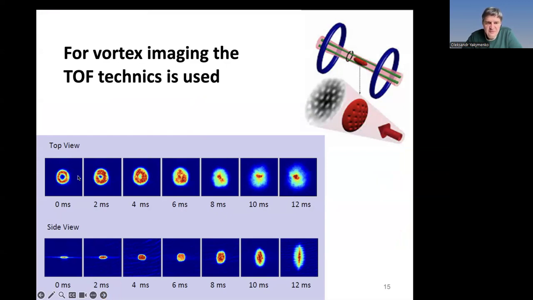So if you have a donut like this, for example in a trap like the one shown here, and you switch off the trap, you consider time of flight, a shadow, when you use some laser beam to see the density distribution. It is remarkable that at the beginning, if you have a squeezed donut, like here, squeezed in the vertical direction,